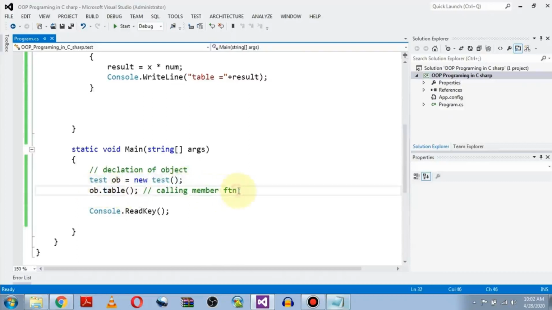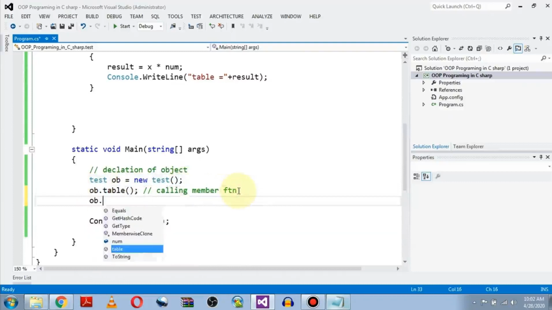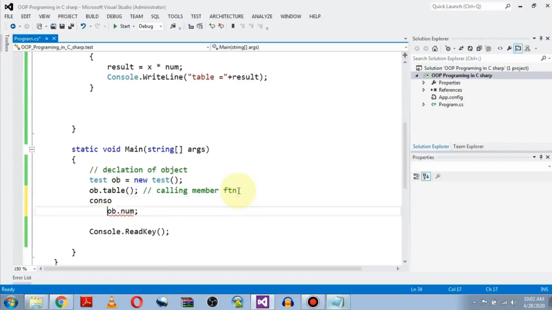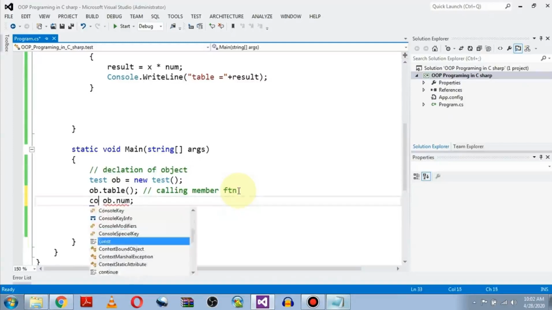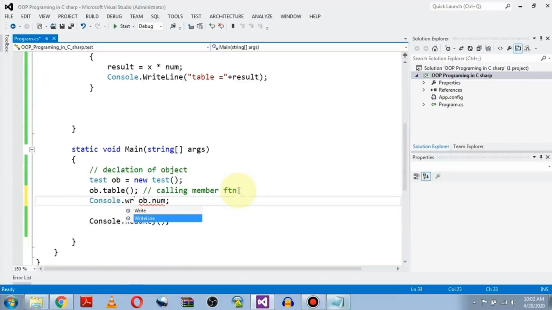If you want to directly call the value, let's say the data member, you can call the number as well. Call it and print it: Console dot WriteLine, the number is equal to, plus.